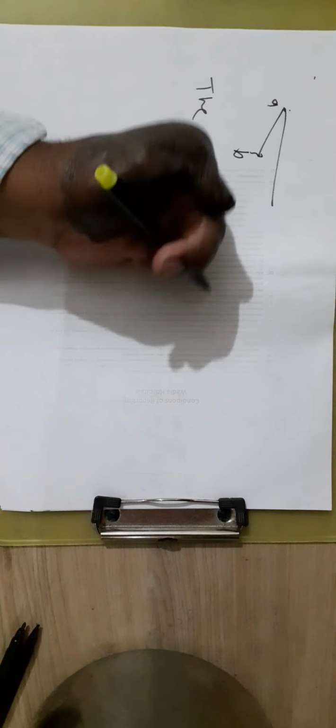Suppose a parallelogram is spanned by the two vectors AB and CD. The area of the parallelogram